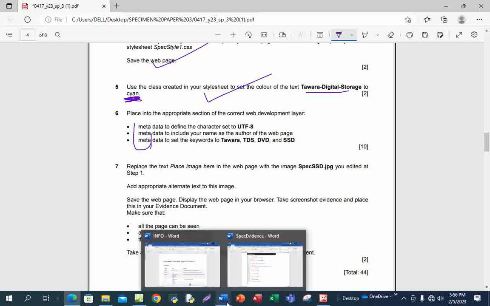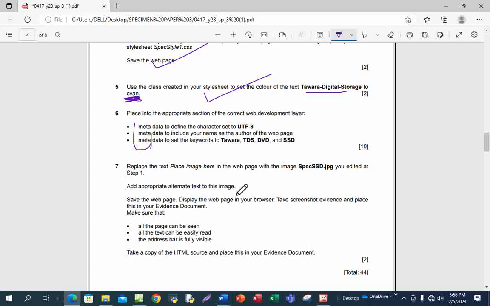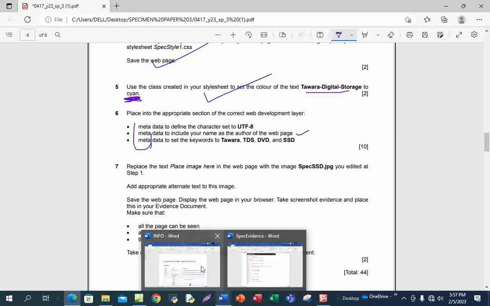Metadata, we can say, is making more clarification about the information about the web page. You can see the second one is talking about the name of the author. Then the third one is talking about the keywords. So when we're talking about meta in HTML,